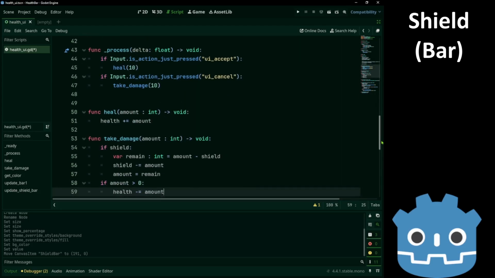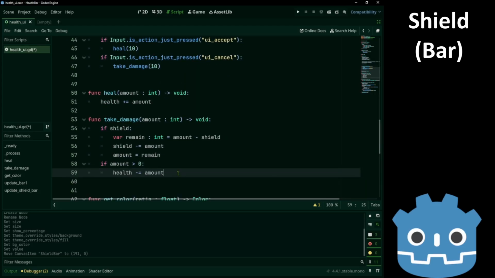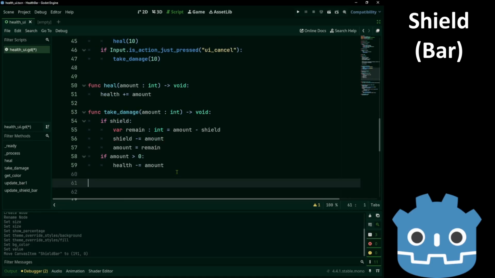Okay. Let's also add another function, gain shield.